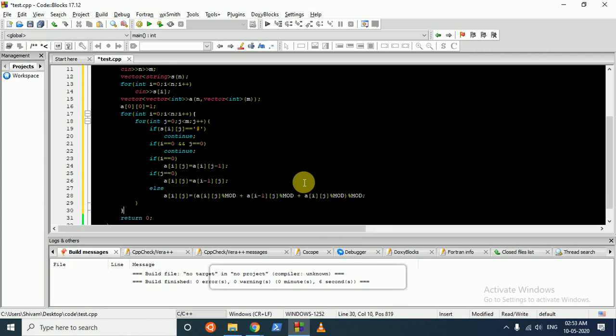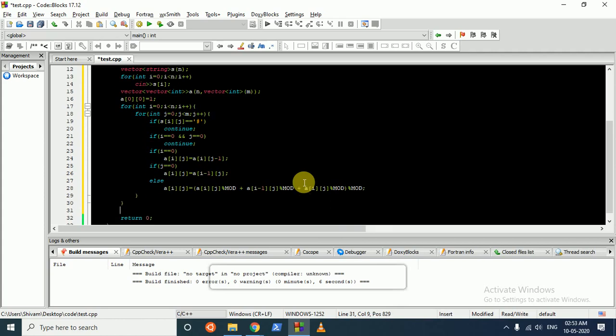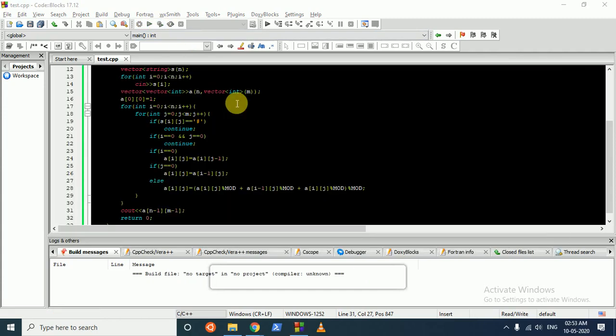And then you just have to see out the total number of ways, which is at the last cell, n minus 1, m minus 1. So let's run this and check it for some cases.